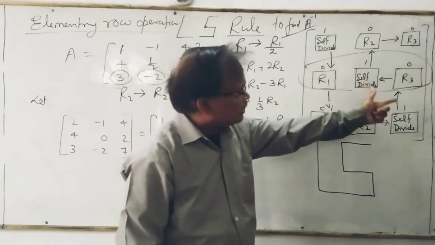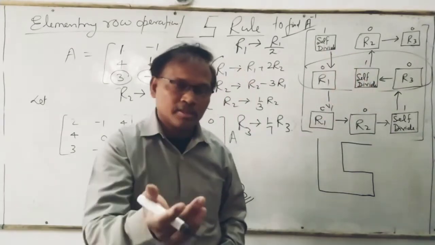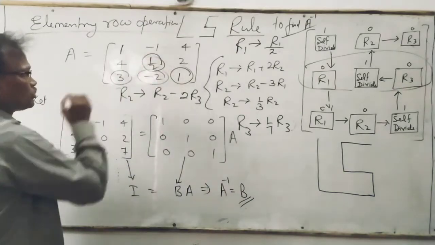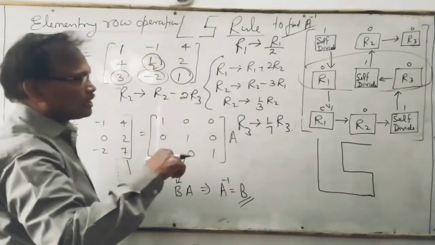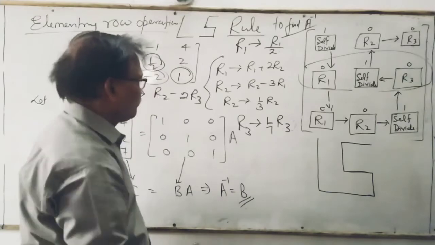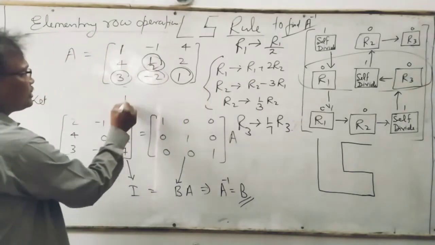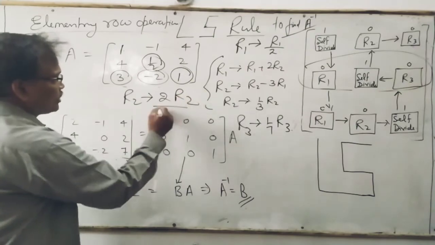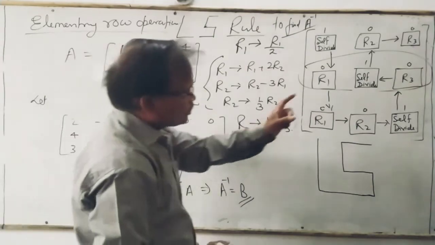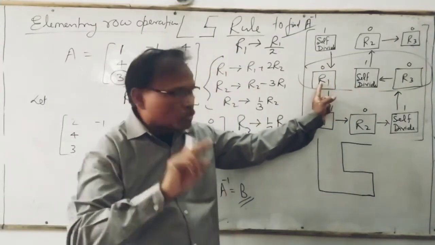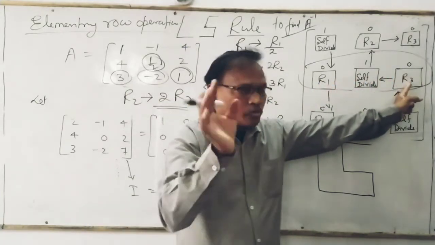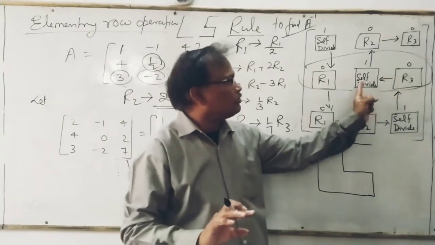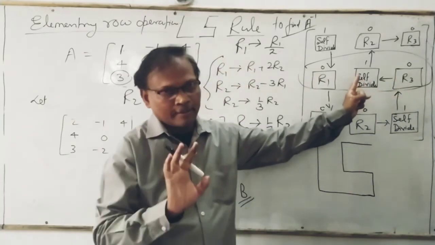Now go in this direction, means the middle element, that is self divide. जहां पे 1 आना है, there you have to take the self divide. मतलब जैसे for example it is 1/2 suppose, and you have to change it into 1. तो कैसे चेंज करेंगे? That is R2 tending to 2R2, तो it will be 1. अब it will be 1, ये already 0 हो चुका है, तो there will be no change in these two elements. You will get only 1 here.